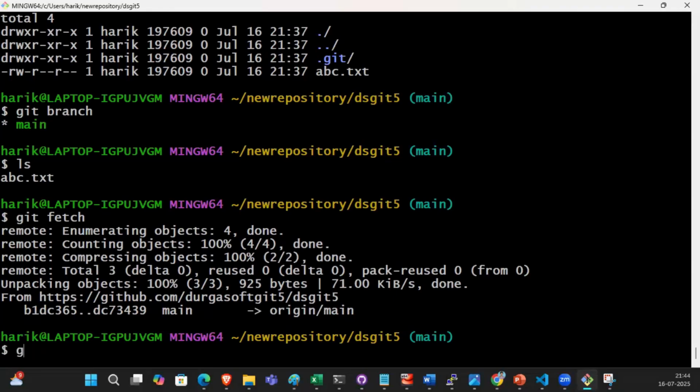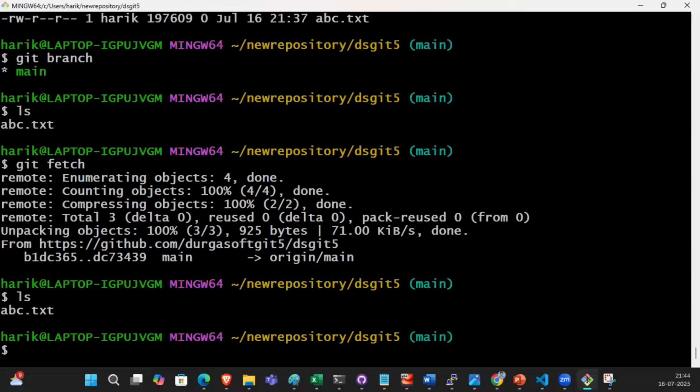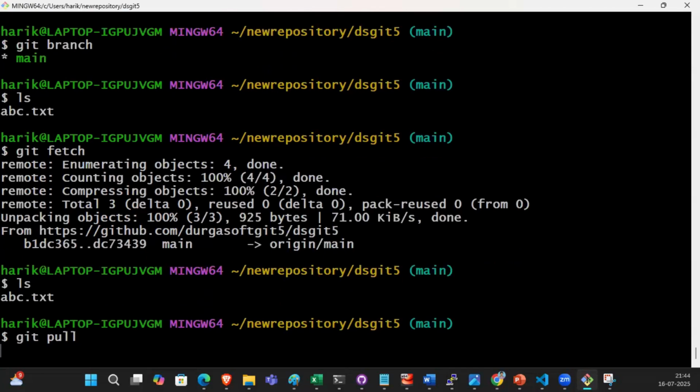So, ls. If you use git fetch, the file still has not come here. Now you understood that? The file has not reached here. If you use the git pull command,